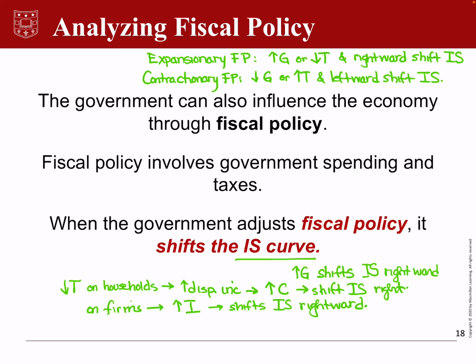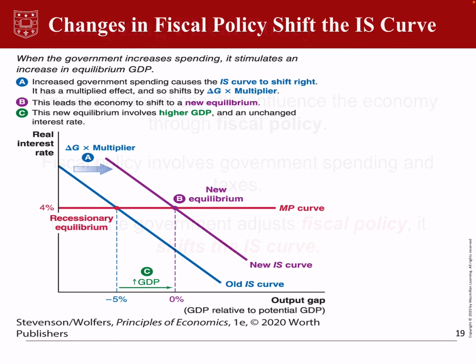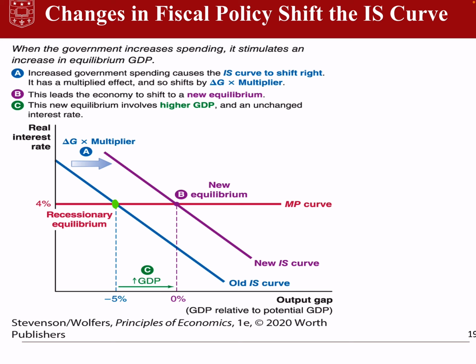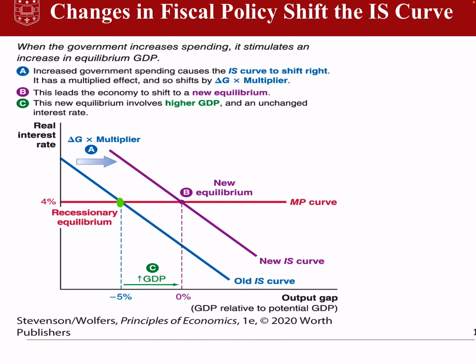And as we'll see, these adjectives, expansionary and contractionary, are again, just like with monetary policy, going to refer to what happens to gross domestic product and what happens to, therefore, the size of the output gap. And that's what we're going to turn to right now. So remember that we could think about this particular situation of, suppose that initially we have the economy at a short run equilibrium